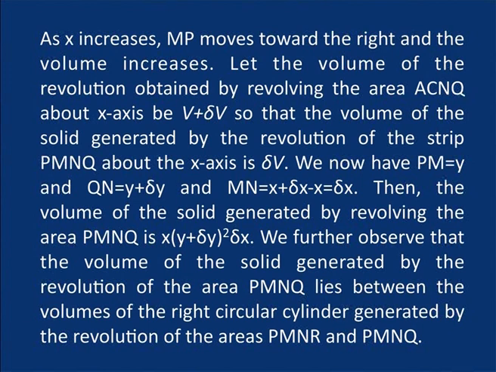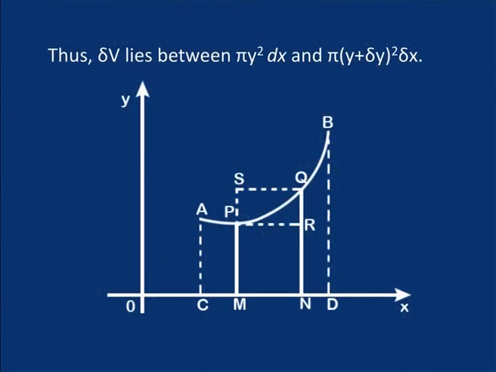We further observe that the volume of the solid generated by the revolution of the area PMNQ lies between the volumes of the right circular cylinders generated by the revolution of the areas PMNR and SMNQ. Thus, delta V lies between pi y square dx and pi (y plus delta y) whole square